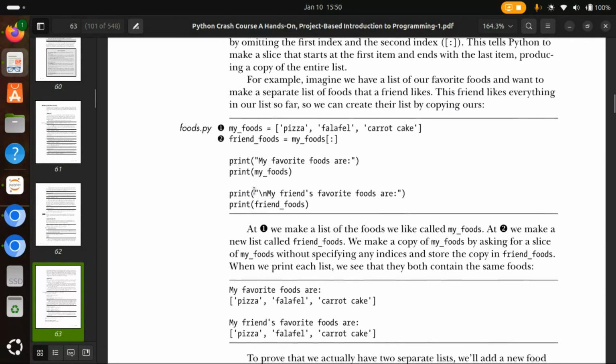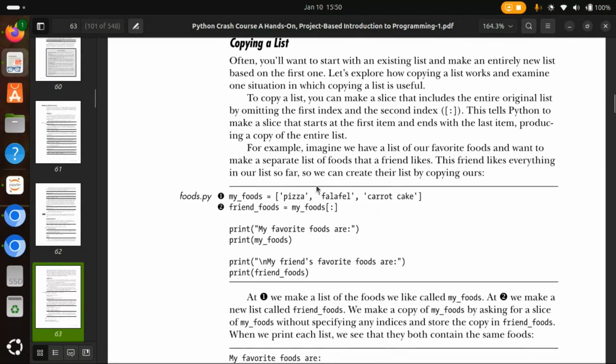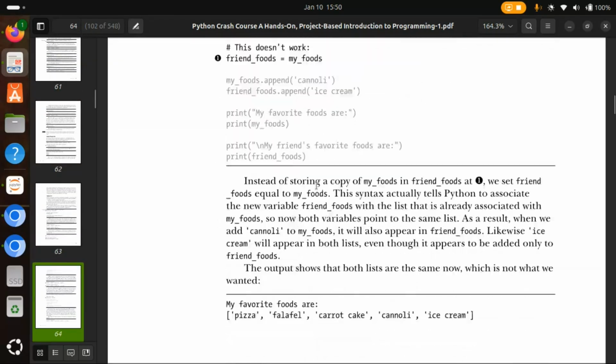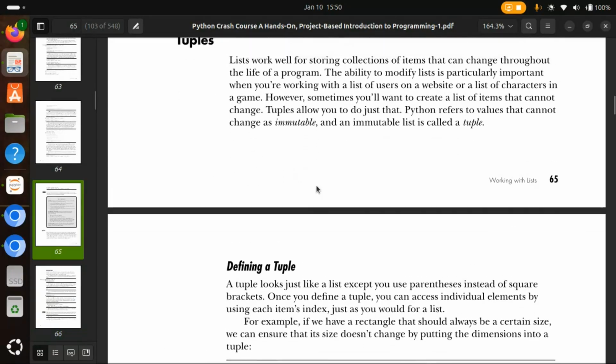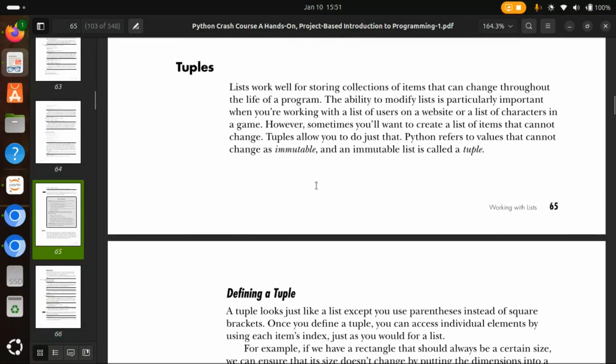So that's how to look through a list. And I've also shown you how to copy a list. Beautiful. So you have these exercises to do. So in rounding up our class, we'll just see another data type similar to lists, but this time around called